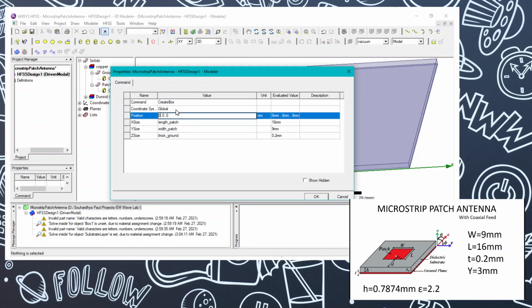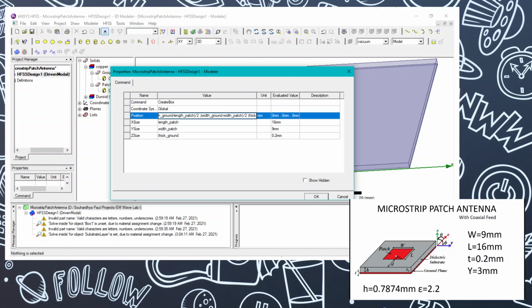In the position part, what we need to do is, okay, yes, length of ground minus length of patch, divided by 2, and we're going to do this for the y-axis also, with width ground minus width patch, divided by 2, and the z should be at above